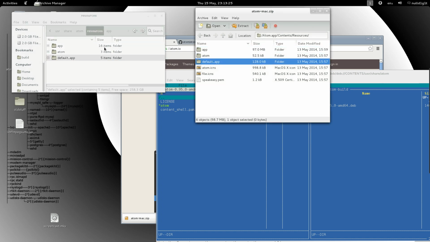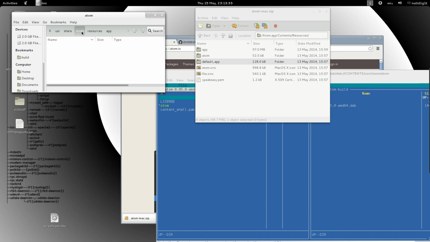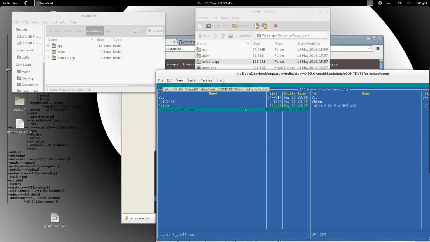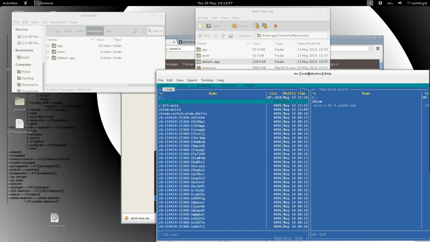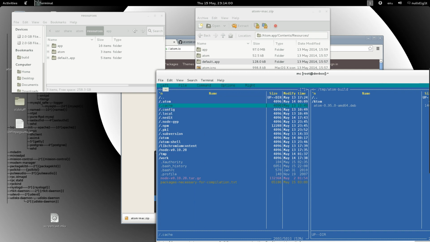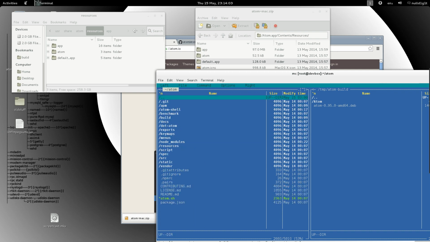I copied that inside. So from the contents, resources, all uppercase, from the Mac version, copied it within the newly created resources lowercase folder. Here it's the Mac content here. But obviously, it's not going to work entirely. So what I had to do, and that's really not much, from your own compiled version of Atom, and I'm going back to it right now, you retrieve, this is your compiled version of Atom,